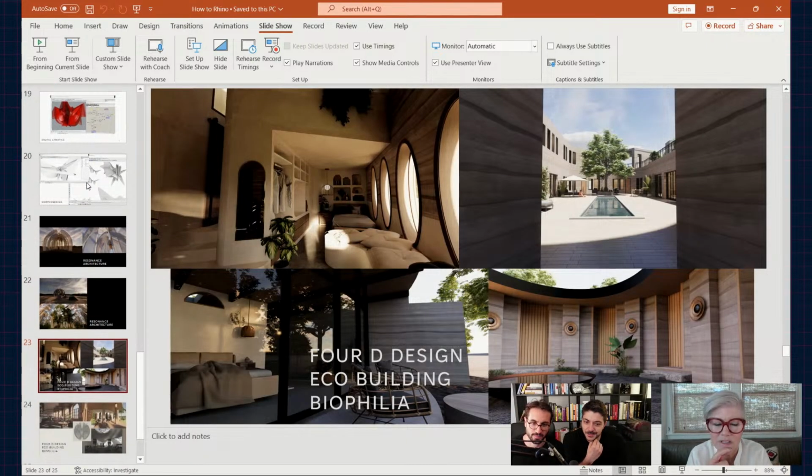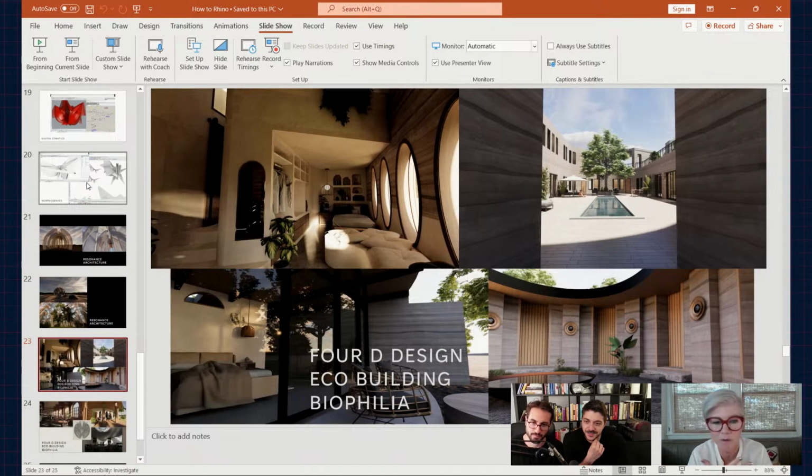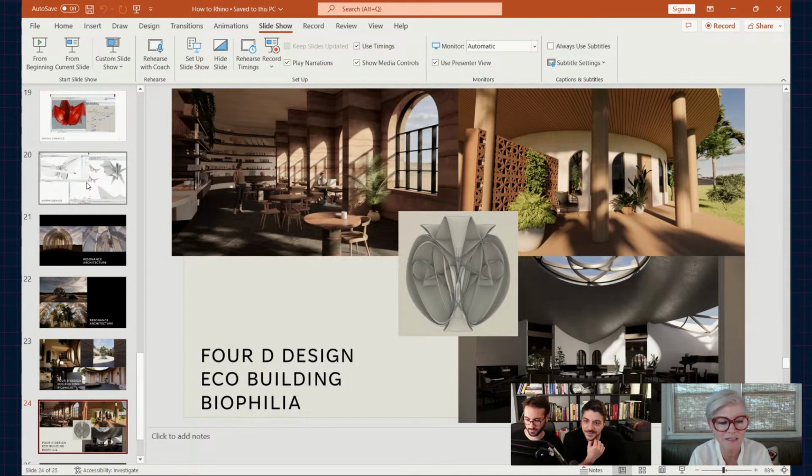And then this is kind of the pivot towards eco. So we're doing a lot of rammed earth, and I've partnered with a rammed earth company. So lots of these projects are happening. And this is a retreat center here at the bottom right, because rammed earth is fireproof and bulletproof and climate resilient and all of that. But on the bottom right, that's actually the room where people will get chemotherapy at this hospital. What I have to do now is take those Grasshopper forms. What if the whole ceiling was that, you know? Like when you're receiving chemotherapy, you're laying there looking at this beautiful parametric, organic ceiling, looking at music essentially.